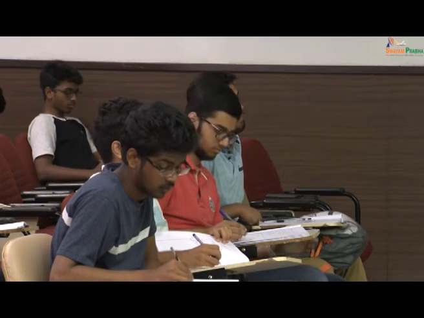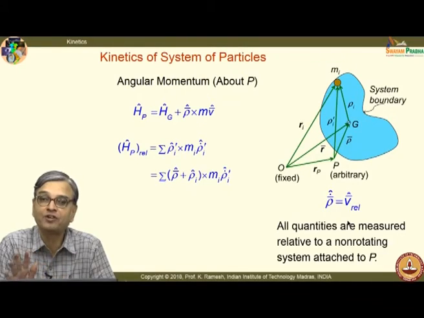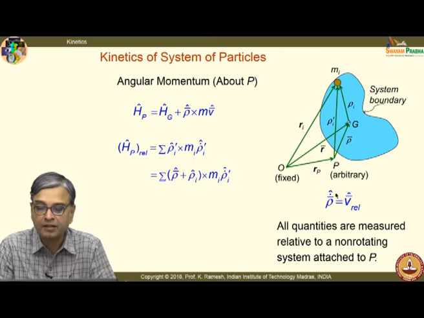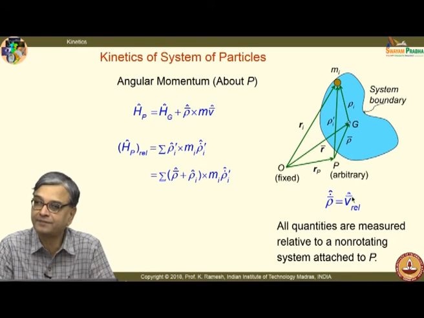Do not confuse it with your V rel that we have seen in a rotating frame of reference. These are two different contexts, so interpret it in the current context. We are just defining rho bar dot as V bar rel. Okay. The definition of this terminology is given right here.